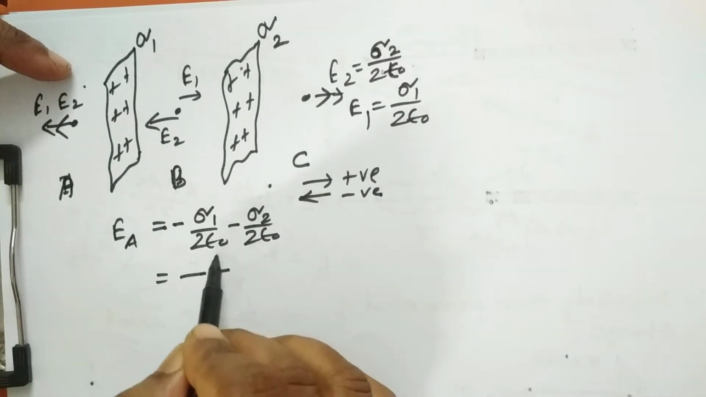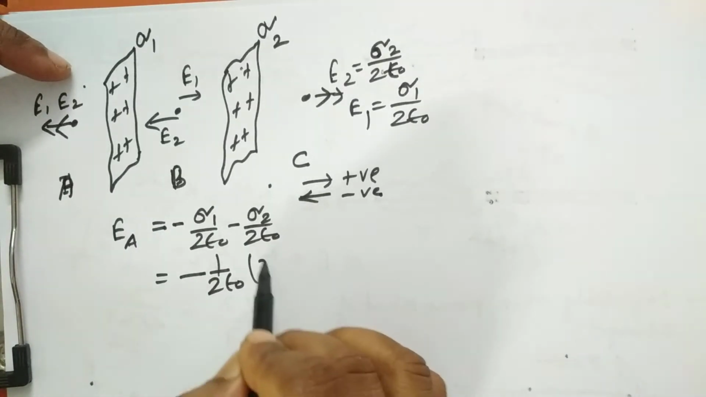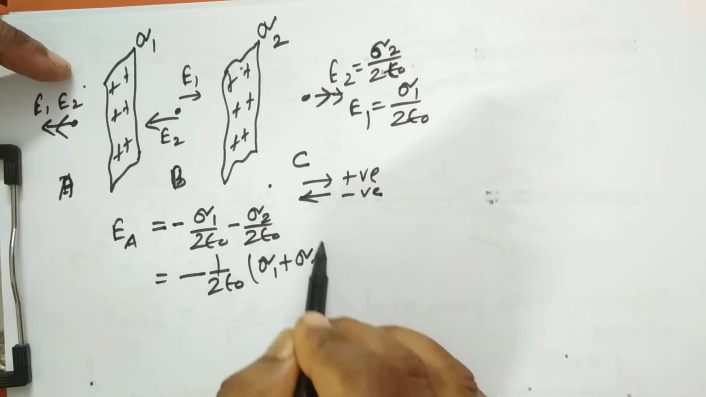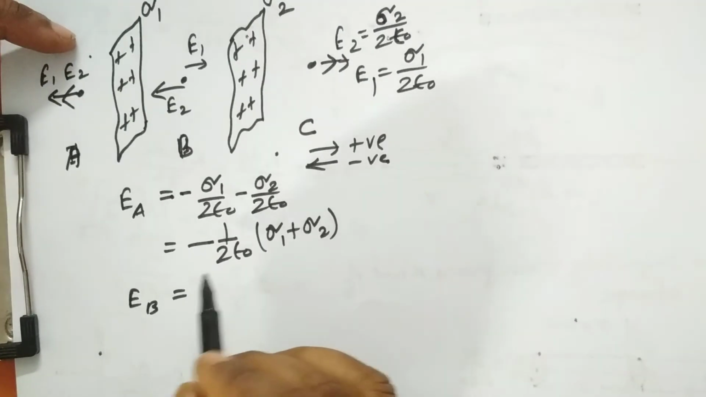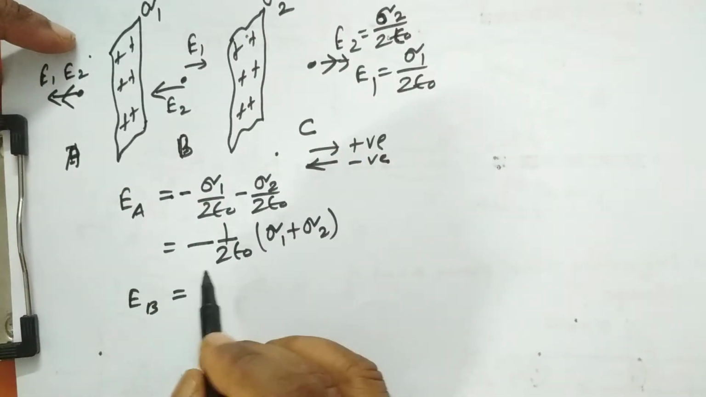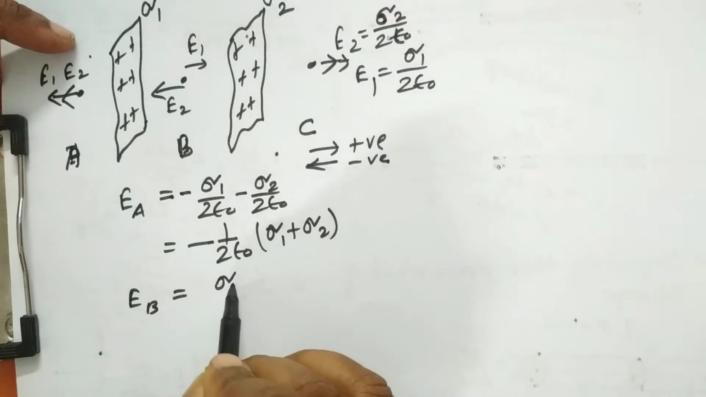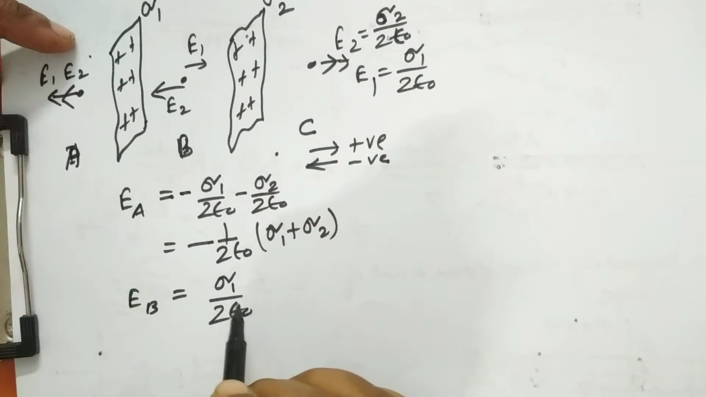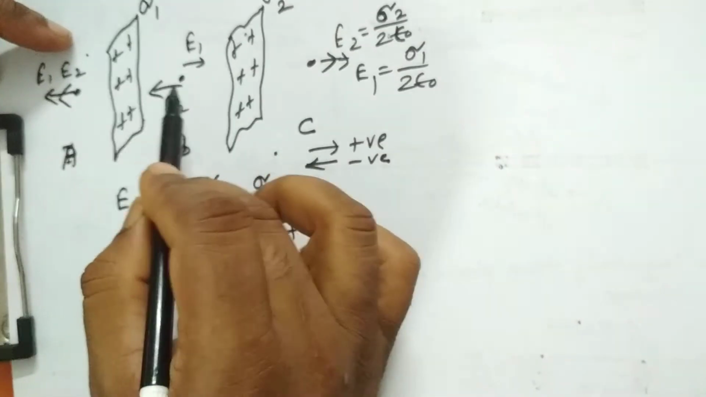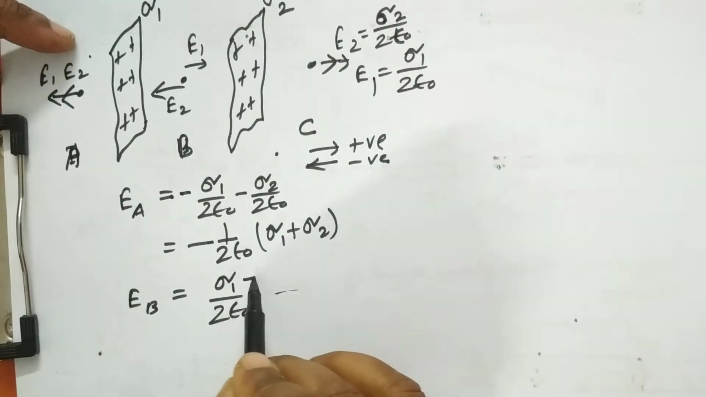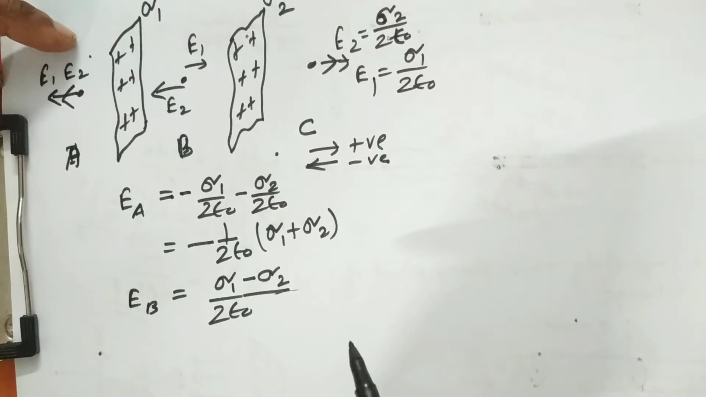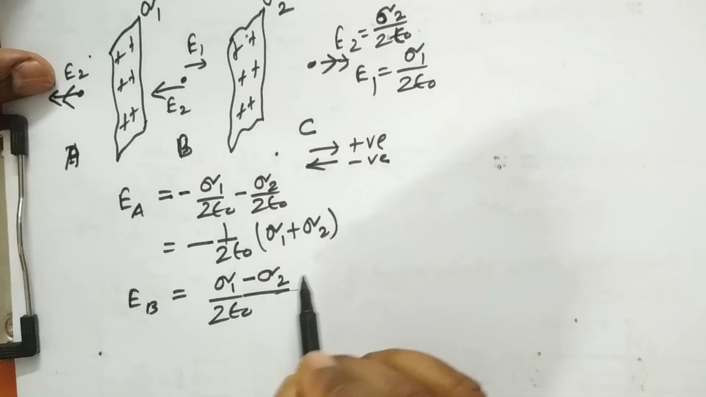That means if I take 1 by twice epsilon naught common within bracket, sigma 1 plus sigma 2. In the middle region, the electric field E_B is nothing but E1 minus E2. What is E1? Sigma 1 by twice epsilon naught. What is minus E2? E2 will be towards the left, so I have to consider it as negative: minus sigma 2 by twice epsilon naught. So I'll write it like this: sigma 1 minus sigma 2. Similarly,